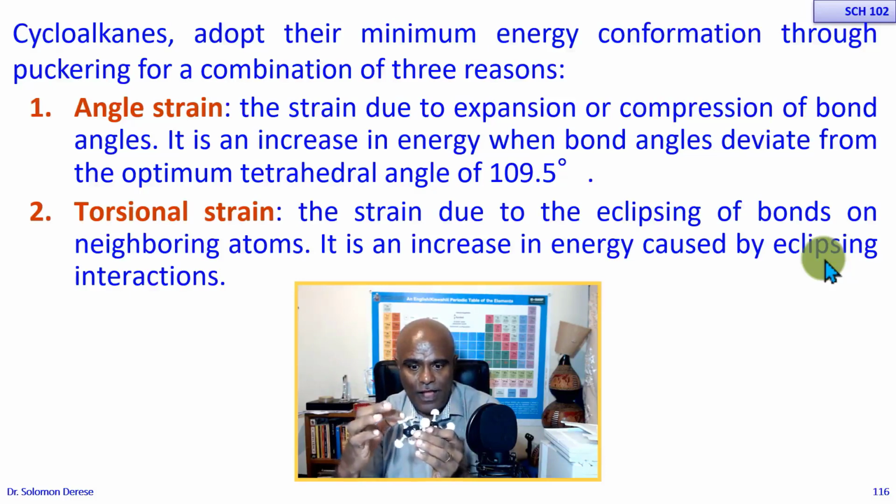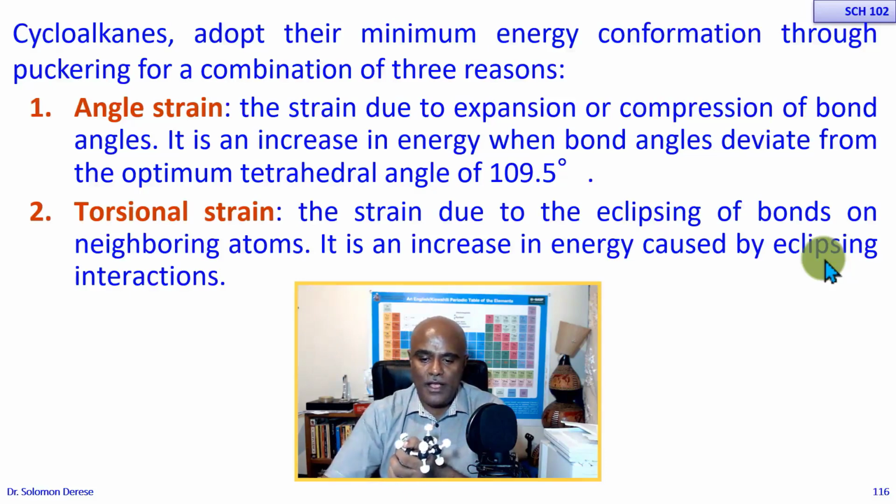of hydrogens that are on neighboring atoms like this. This and this eclipse. That's what eclipsing is. Eclipsing. But if you replace the hydrogen, which is the smallest element in the periodic table, with a larger substituent,